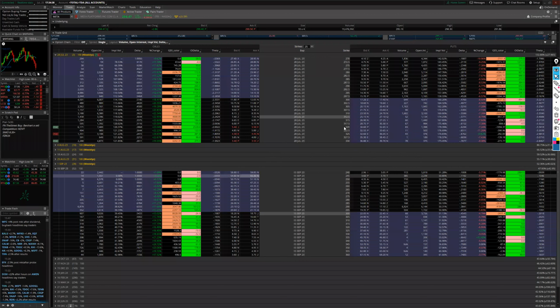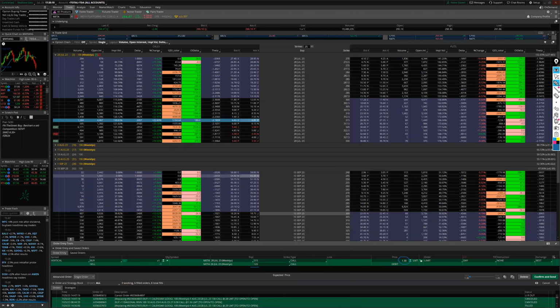Another one, you think it goes to 320, you can do a 315, 320 call debit spread for $1.30. So you're paying $1.30. The max you can make is if it goes beyond 320, so the max you can make is 370. So you risk one to make 2.5 kind of. So risk reward is there. That is one way to play.